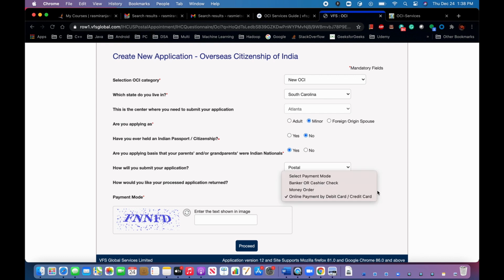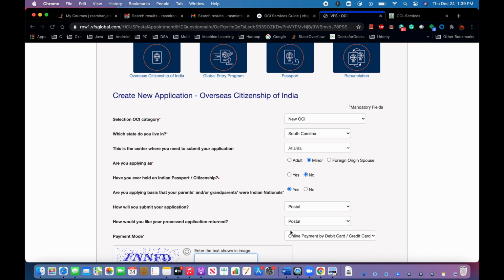then credit card. I think that is how you have to do it, or you can select your own payment method, and then enter the captcha, then proceed, and it is very straightforward. You can just make the payment, and once you make the payment, after a few hours or within 24 hours you will receive an email